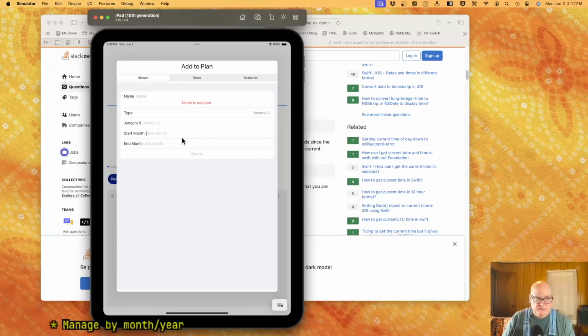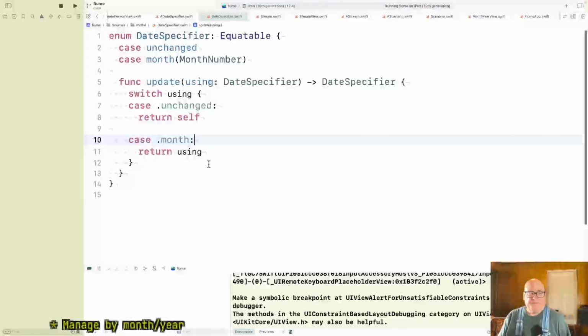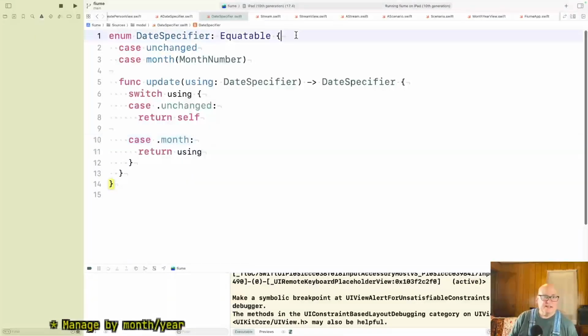Okay, so maybe the interface should do that, and maybe it's easier to start there. But as soon as I add it to date specifier, it affects the back end, so that's not so good. Update using date specifier.